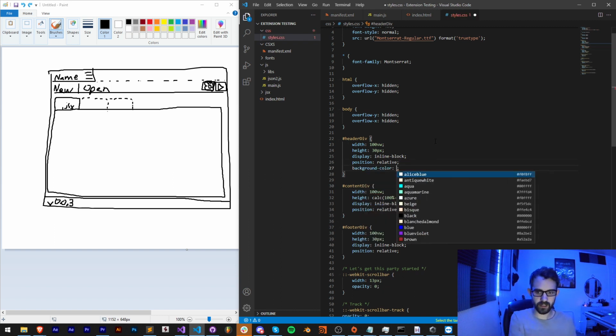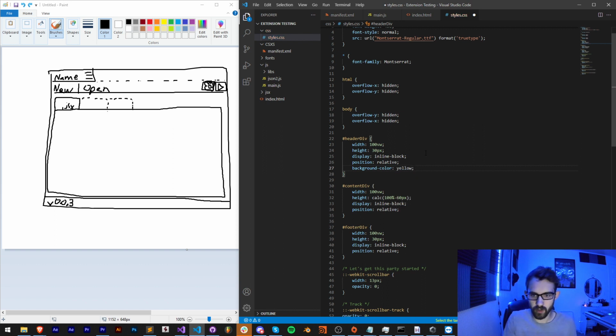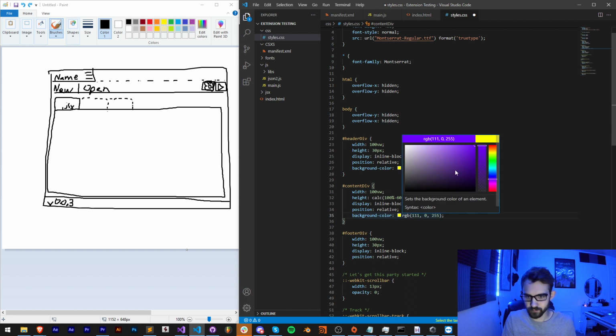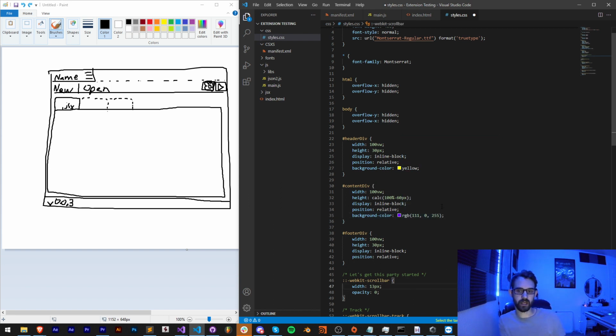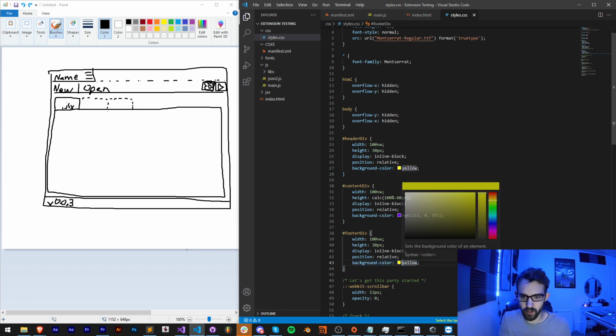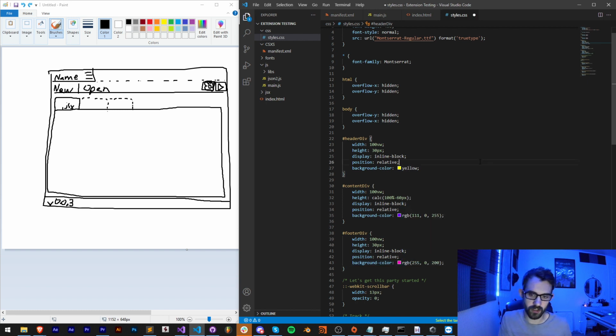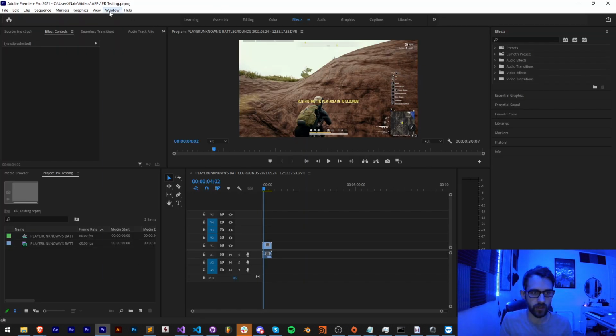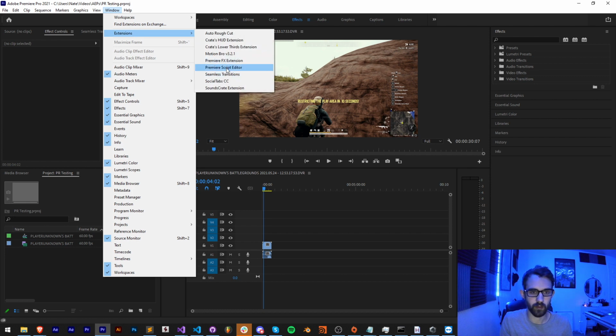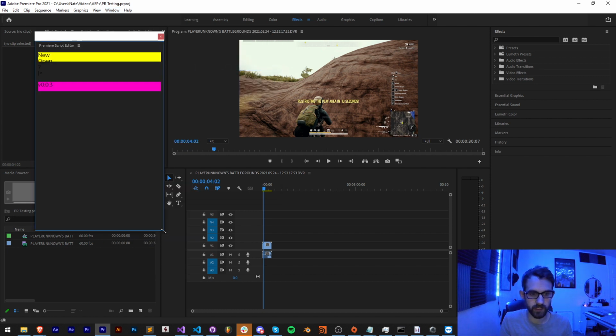Now we're going to visualize this stuff. We're going to just set it to random colors, our divs that is. We're going to set this up so that we can view the overall bare bones look of it, and then from there start fine-tuning it. You always want to start with a broader view of everything, perfect that, and then go down deeper into the finer details. So now we can just save it and refresh it in Premiere, and you can see